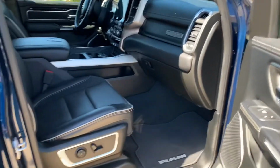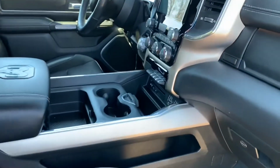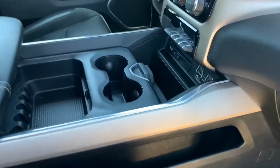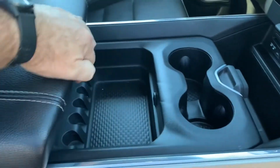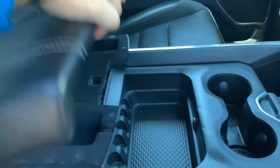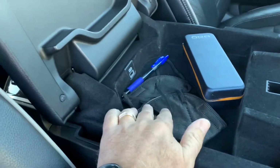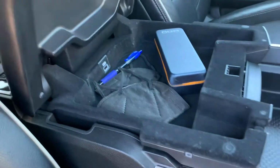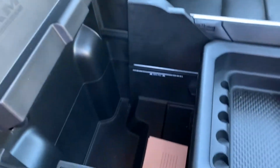And to the passenger side, we got the power seats, captain's chairs, full center console. It's got storage here on the side of the console. This console is huge. On the top, I have some storage with another USB plug there. And you open up the whole top, and then you have this big cavernous